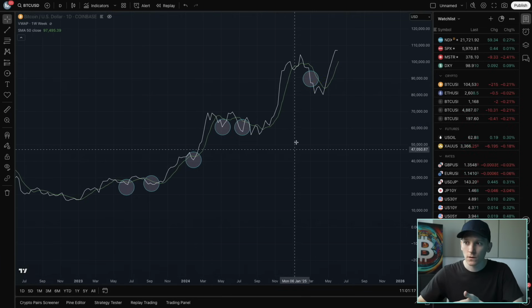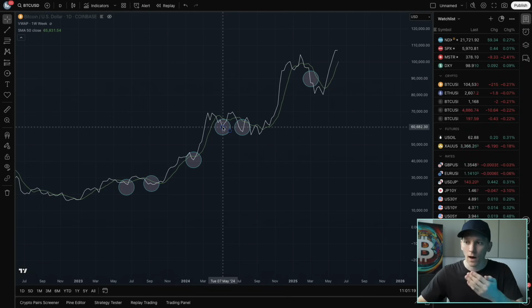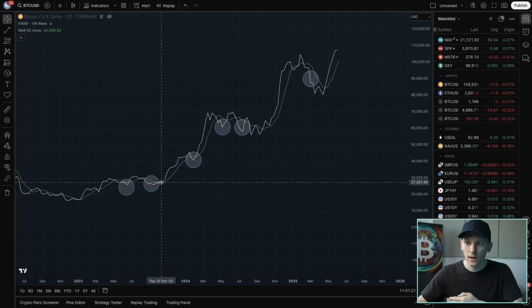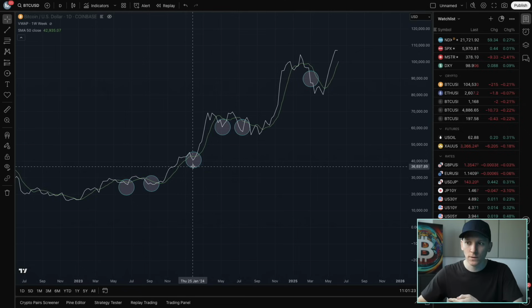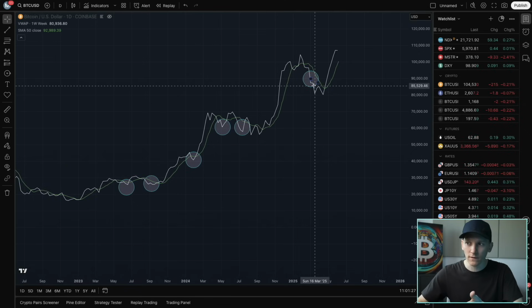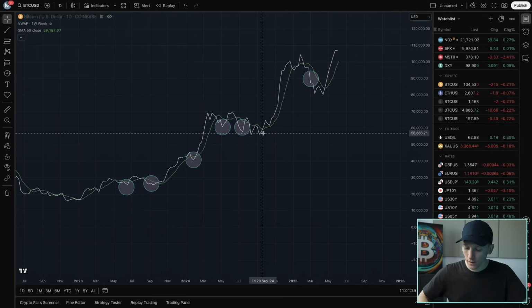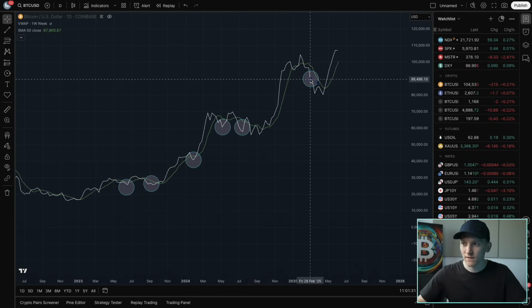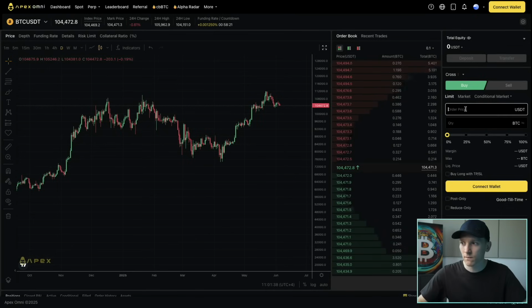But you can see, looking at the VWAP white line underneath the 50 period moving average in an uptrend, these are decent entry points. You're not going to get them perfect, but if you got any of these entry points, I think you've done pretty well with your trades and waiting. So then these entry points, let's say this price here at 88,000, you're never going to catch the very bottom, but at 88, 90,000, you can go back into your trading system, put your limit in at 90,000 to actually buy some